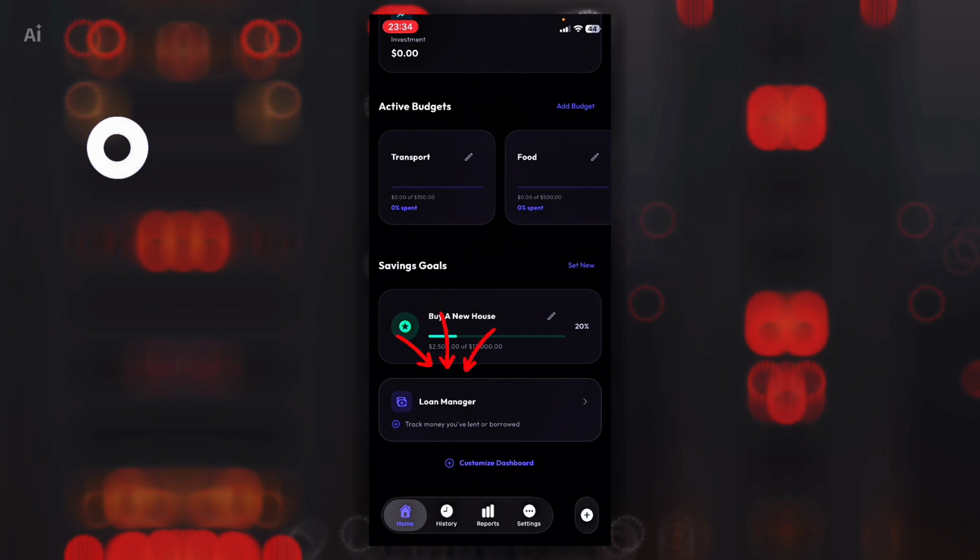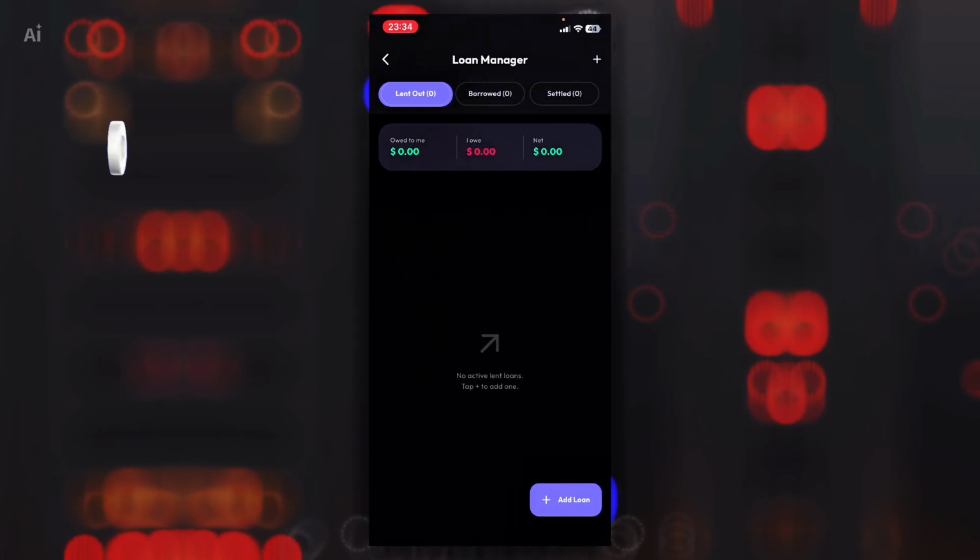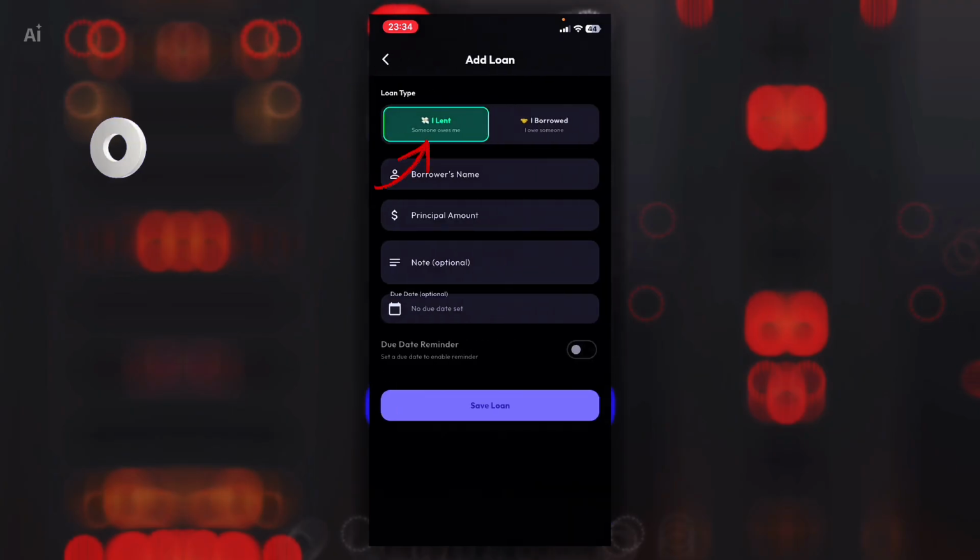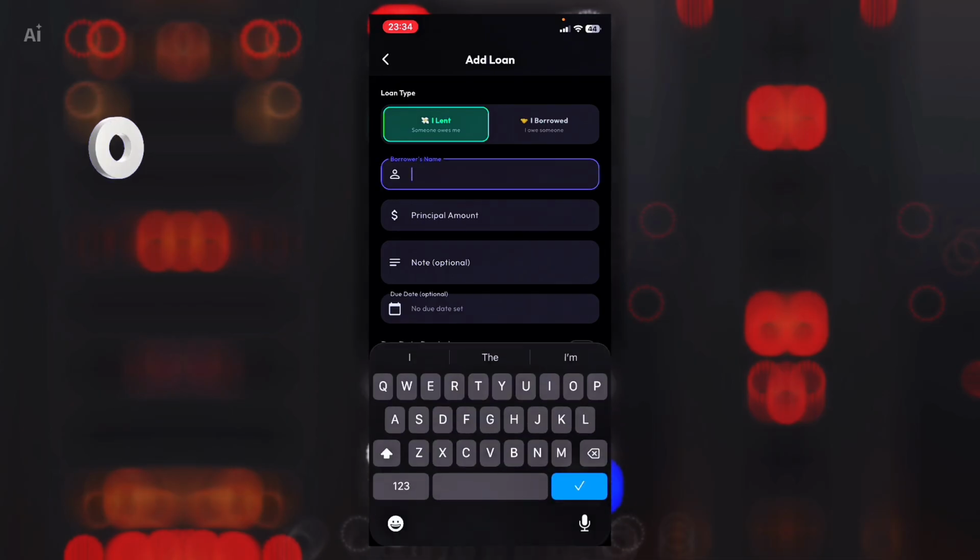So the next thing now is loan manager. This loan manager feature is for you to track money that you lend out, and probably money you borrow as well. So you have the two sections. If you lend money out, you can just log it. You can see I lent, I borrowed. If I lend someone money, like someone owes me, then I can enter the borrower's name. Let me just say Emmanuel,